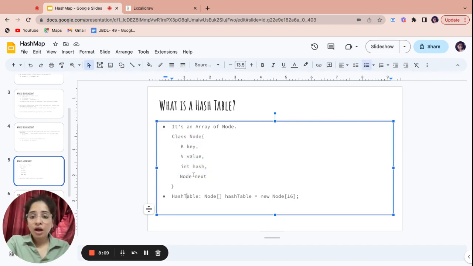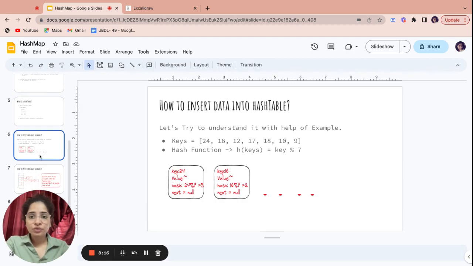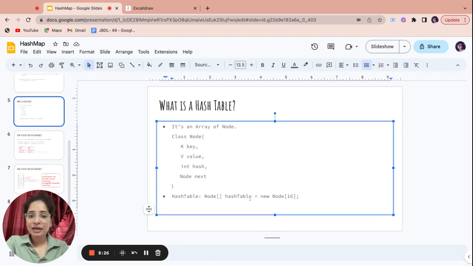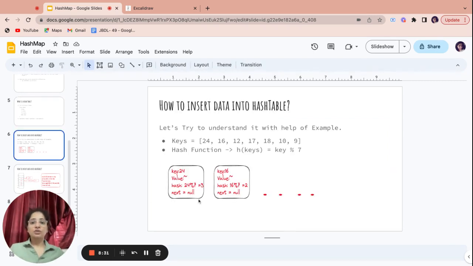Now how I'm going to achieve everything from this hash table, we'll see in the next slide. So how to insert data into a hash table? We know we have an array, which is blank till now. How are we going to keep the values inside this array to achieve everything?